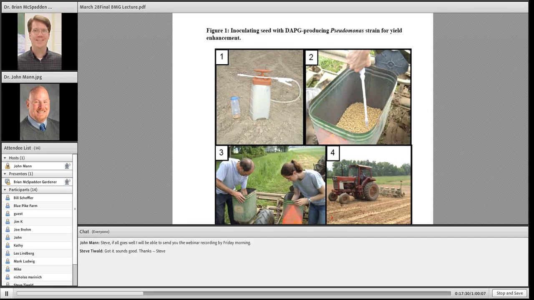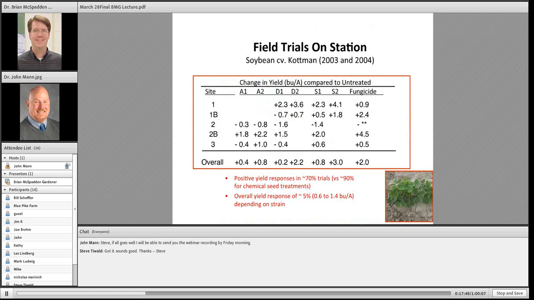What this actually looked like is this plastic bottle here. We used a hand pump sprayer to apply the inoculum in the hopper of the grower's seed bins, hand mix it, and then to plant it immediately afterwards. When we did trials on our research station, we did this with several different flavors of the DAPG producing bacteria